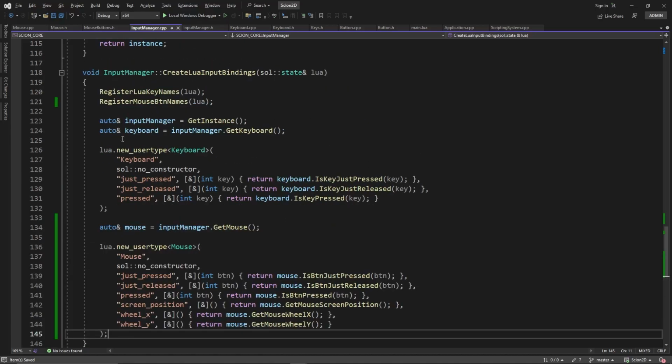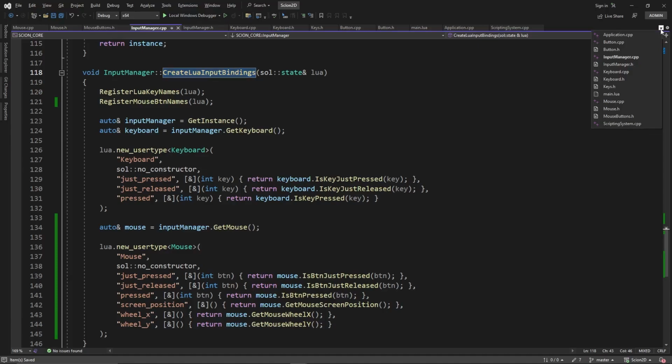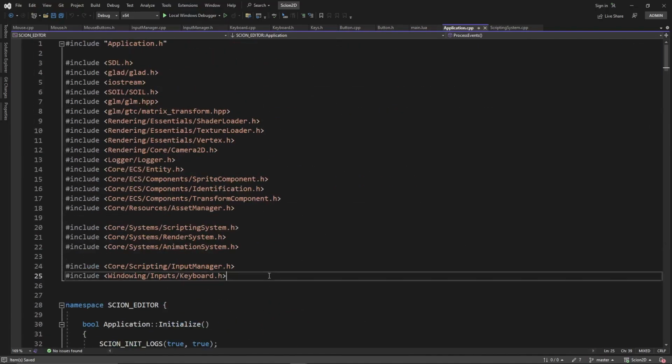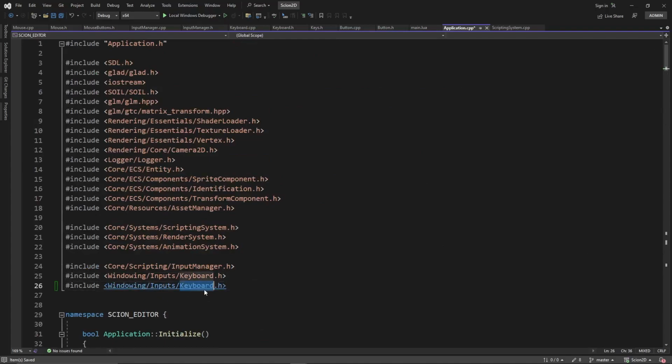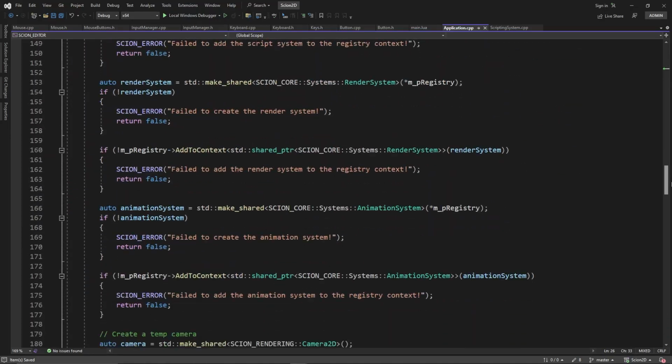Now we don't have to add any of this to our scripting system because it's already in there with the create input binding. So all we have to do now is go link it up in our application. So let's go to our application.cpp here, and let's go up to the top and let's add in the mouse. We probably don't have to add this in because we already have the input manager, but I'm going to put it in anyway. And go down to our process events